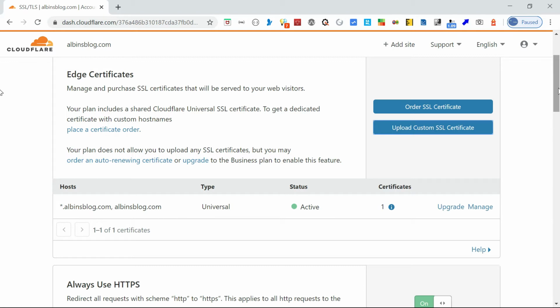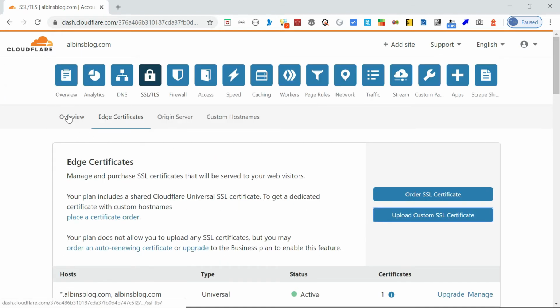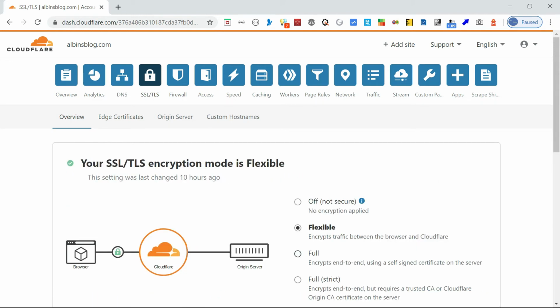Then your server should be configured to answer HTTPS requests. Your server should be enabled to respond to HTTPS traffic, and on the server you should configure the self-signed certificate. If you go back to the overview, it clearly says Full encrypts end-to-end using a self-signed certificate.